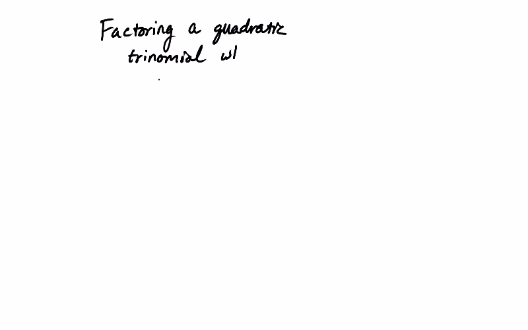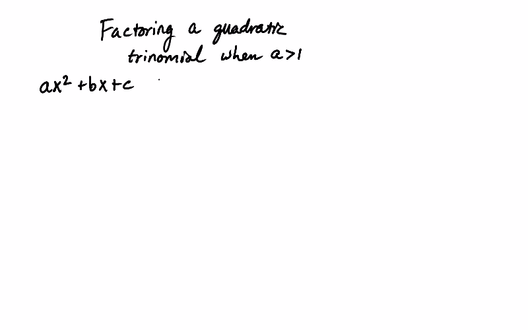Alright, so this lesson is going to be a review of factoring a quadratic trinomial, so that means three terms, when a is greater than 1. So a quadratic trinomial looks like this: ax squared plus bx plus c, kind of that standard form of a